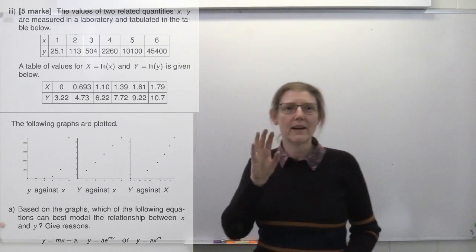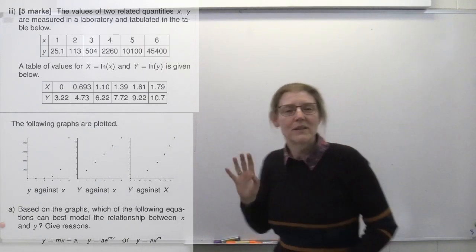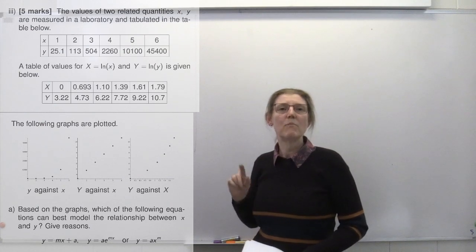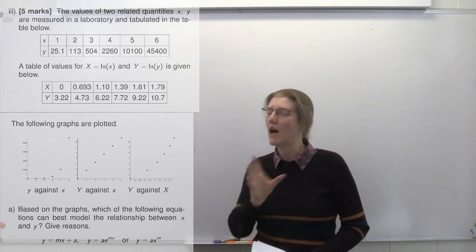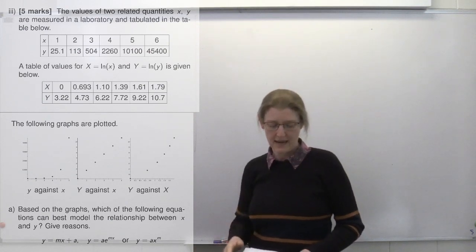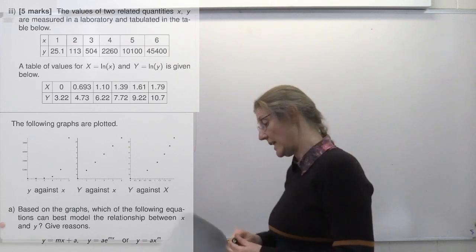It doesn't lie on a line with the other points. So what we're going to do is say, I think that the best looking line out of those three belongs to capital Y against X. Okay? So the trend that looks most linear